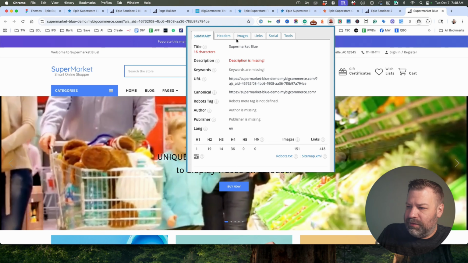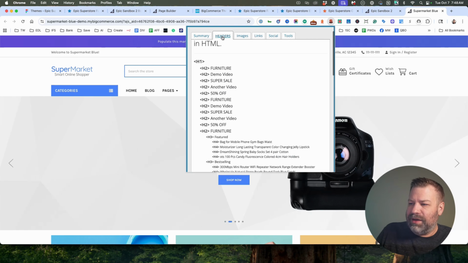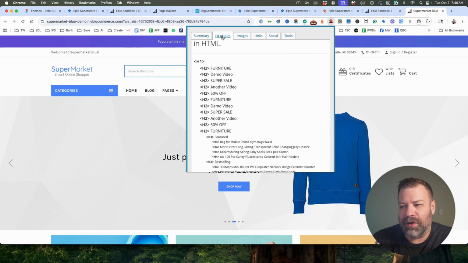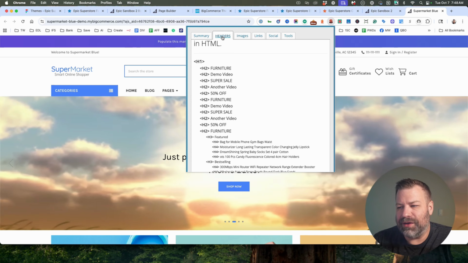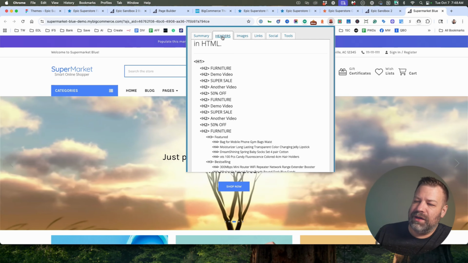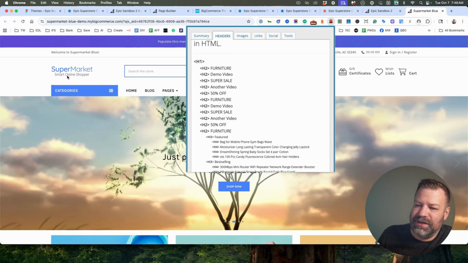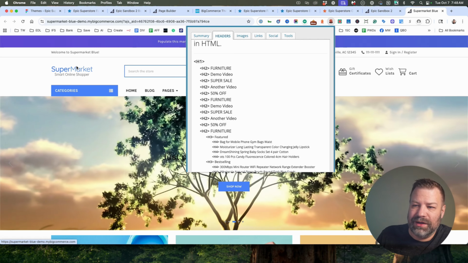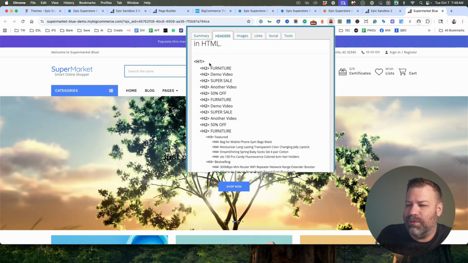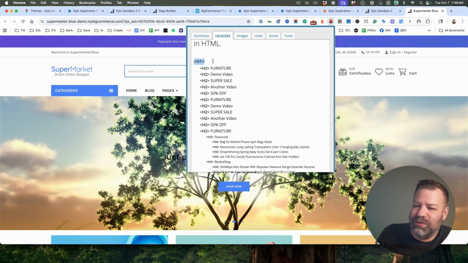When you click to open it, I can click into headers. This shows me the HTML elements, at least the headings that are on the page, because we want to ask ourselves, does this make sense if Google visits this site? And this is just looking at this supermarket demo store. I'm not trying to pick on them in particular, but you can see that there's an H1 here,